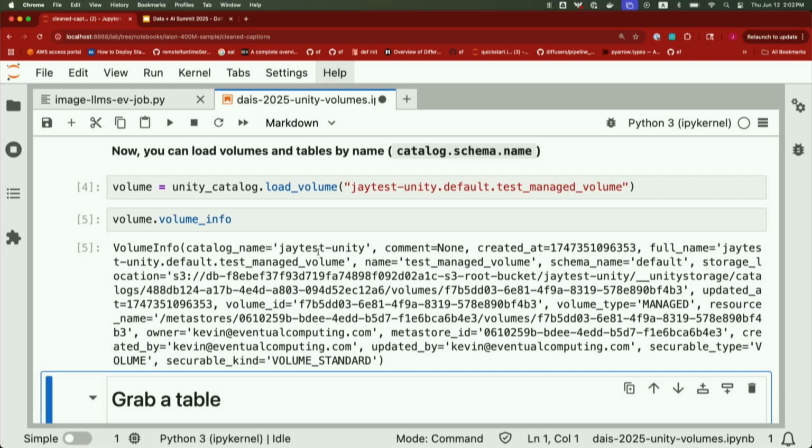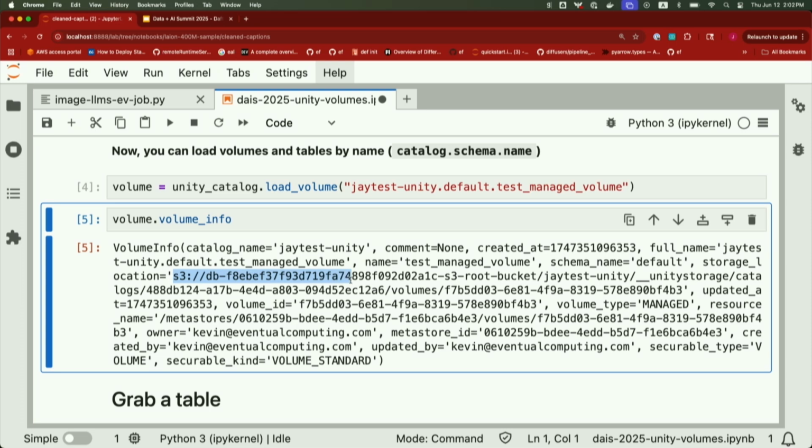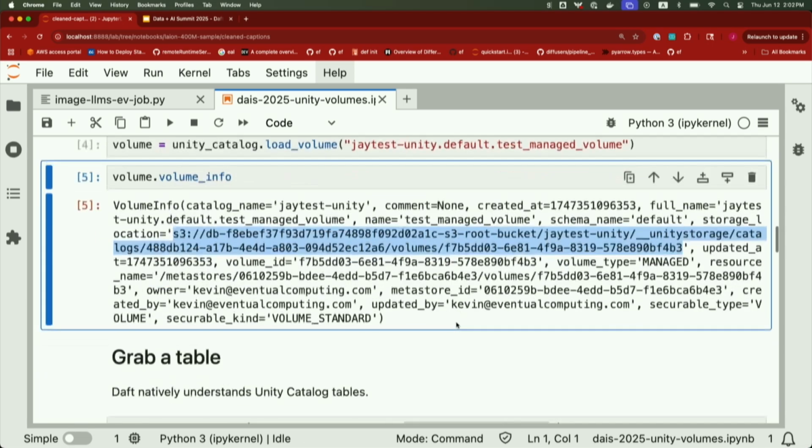And we can actually inspect it. What is a Unity volume? In fact, a Unity volume just holds a pointer to S3, this super scary, convoluted looking S3 path. That's a Unity volume, and all it's doing is vending credentials over that volume for me. Now that I have access to this Unity Catalog volume, I can do all the work I need to access data within the S3 bucket without your user, as you're using this system, even knowing that S3 is in the picture. We'll see that in a bit.